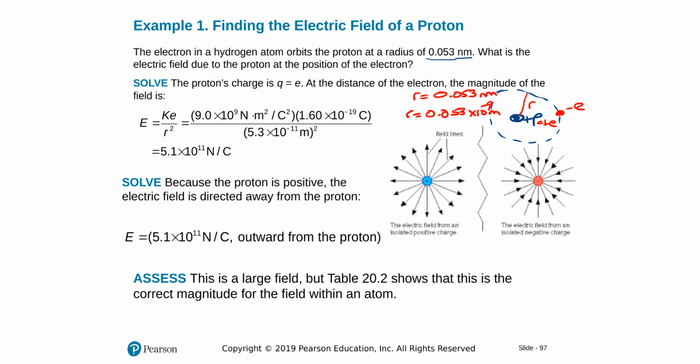So I'm looking for the electric field of this proton. It will be away from it, right? It's positive. Let's draw some symbolic lines. And I know the distance, I know the charge of the proton. It has a plus E. And the plus E charge, I check my notes and see it's equal to 1.6 times 10 to minus 19